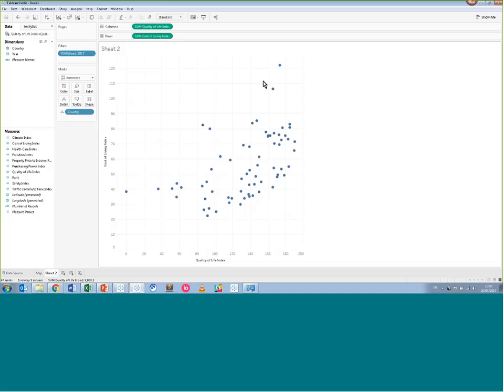And we can also see that we have some countries down here that have a comparatively high quality of life. I've got Poland highlighted at the moment, but have what seems to be a comparatively low cost of living. Maybe these countries would be a great place to live to have a good quality of life and not have to spend a lot of money to live there. But